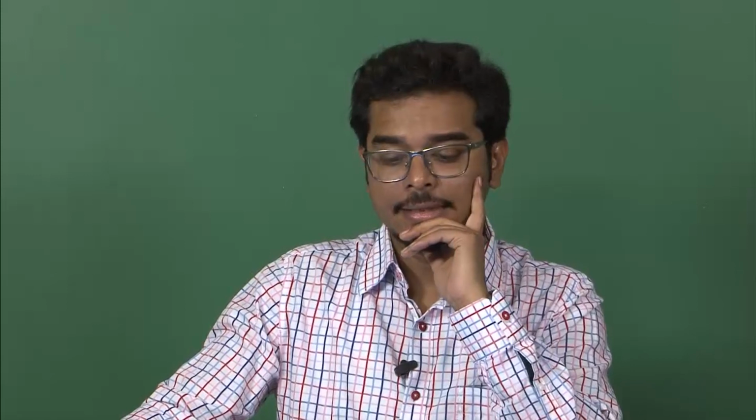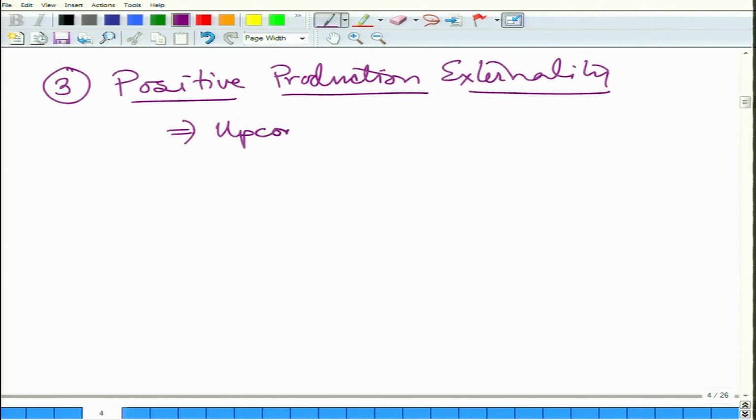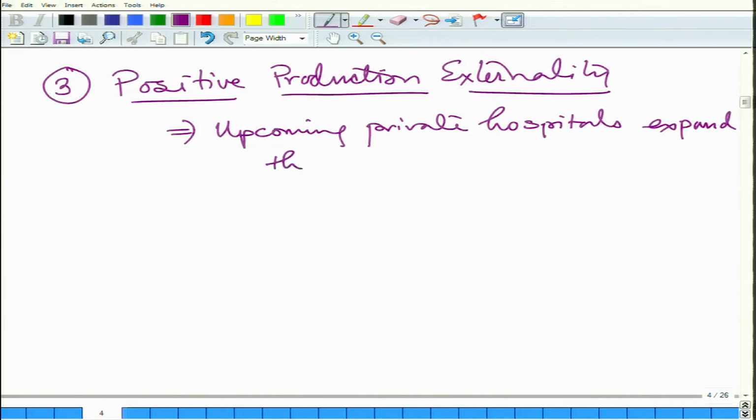So if it is like that, then the hospital has to take the initiative, because it's a private hospital, yeah? And they can only get the sanction from the government if they expand the road at their own cost in front of them, at least 100 meters on both sides. So the upcoming private hospital expands the roads in front of it,